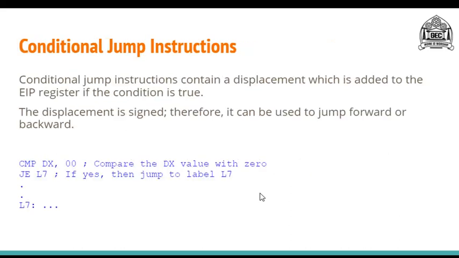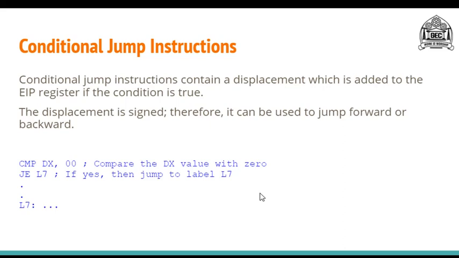Now let's move on to our next topic, which is conditional jump instructions. Previously we have seen what unconditional jumps are. Unconditional jumps are the ones which will always be executed. That means it will perform the jump no matter what, and does not base its jump on some condition. But a conditional jump instruction will perform the jump only when a certain condition is satisfied. So it is typically a condition-based instruction. It may or may not transfer the control of the execution.